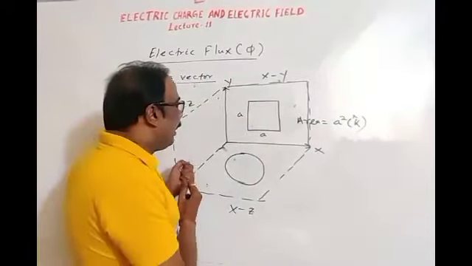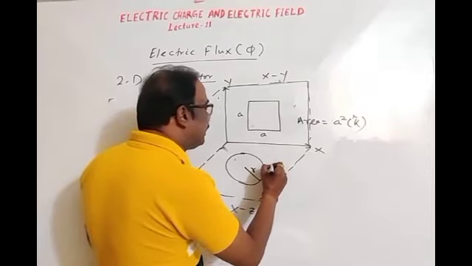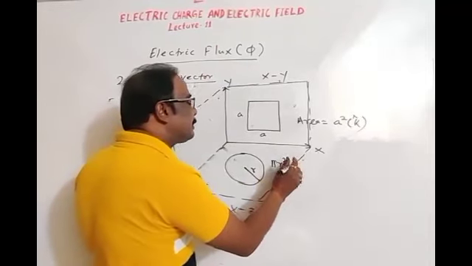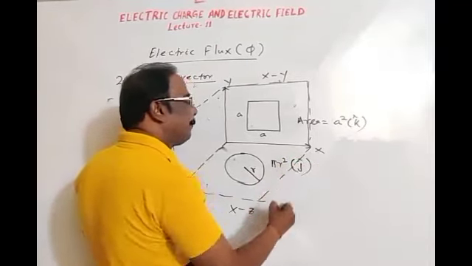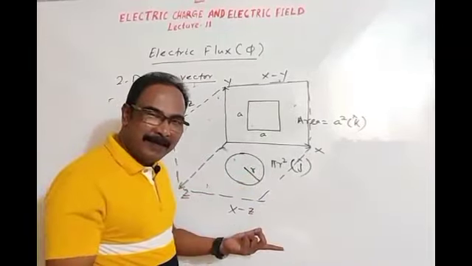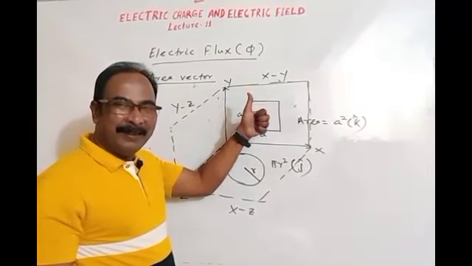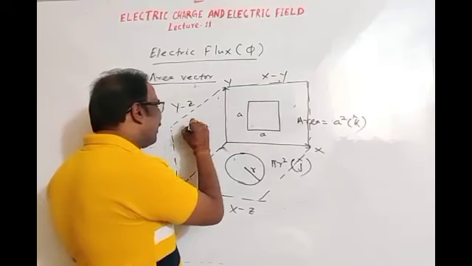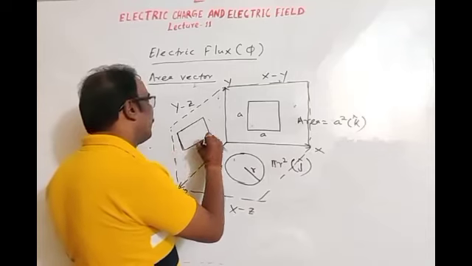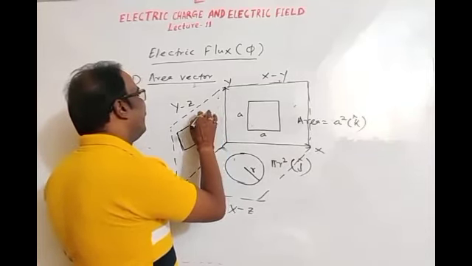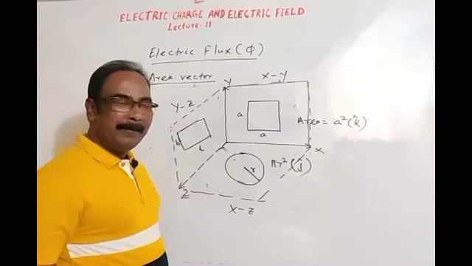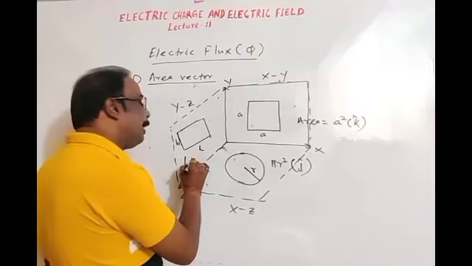If the radius of the circle is r, then its area vector has magnitude of area pi r square. Direction is along the y-axis. Take j cap. If you are taking inward, then you may take minus j cap. Here I have taken along the positive y-axis. Suppose this is a rectangle on the yz plane. Let the length be L and the breadth be B. Then the magnitude of area is L into B.